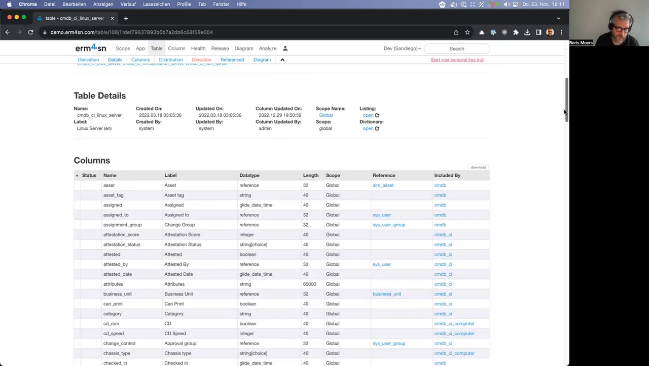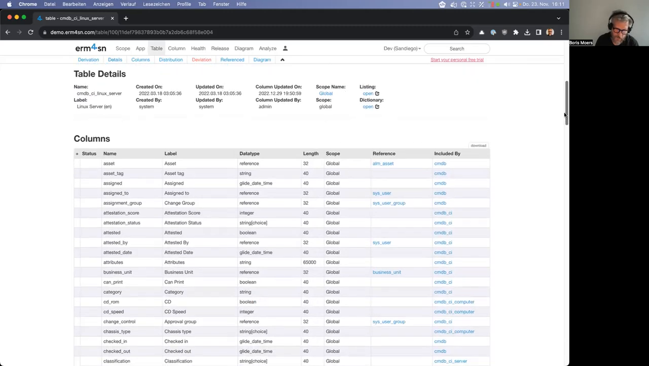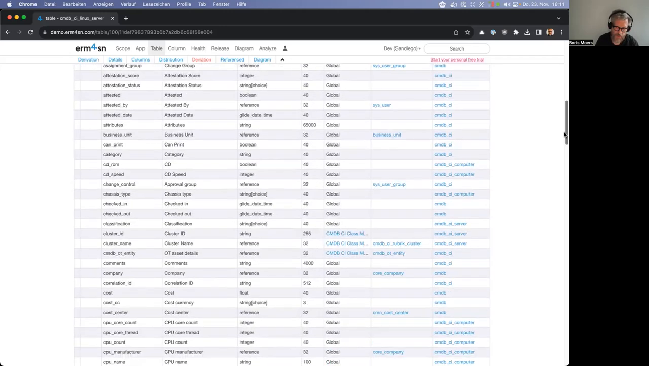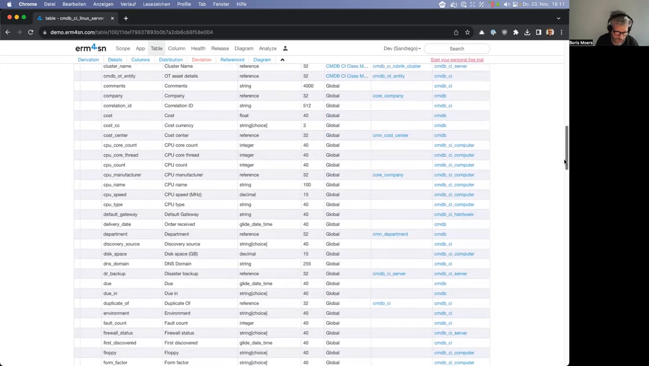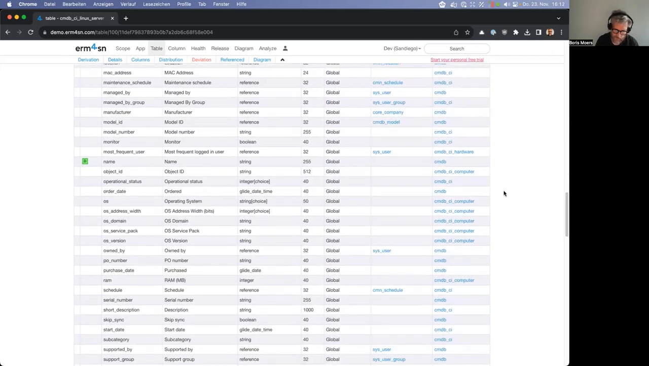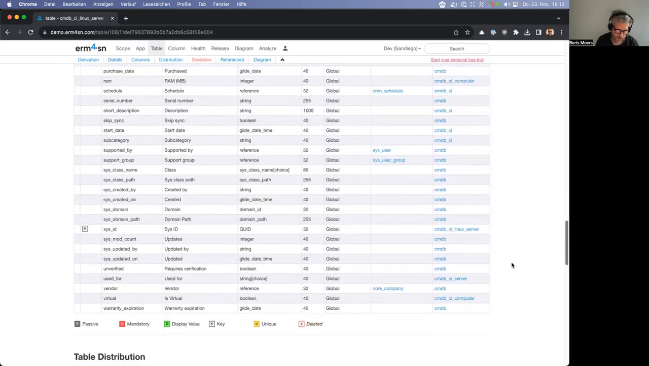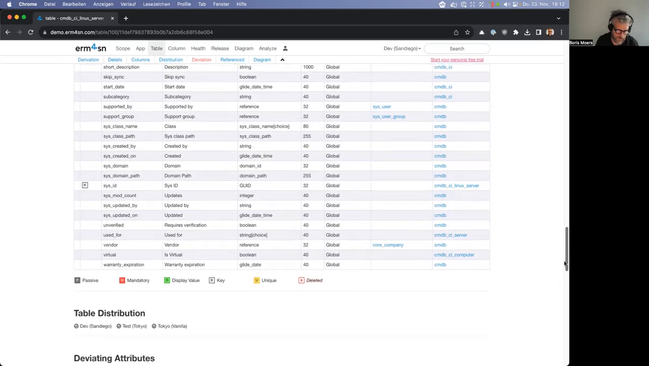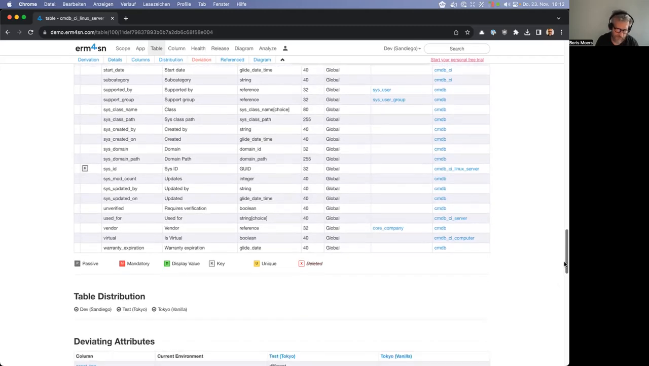So if you want to share the information with a third-party application, and want to know what fields you have, that would be a starting point. We also indicate changes on fields. We indicate which field is a display value. We indicate which field is the key, and so on. Here, further down,